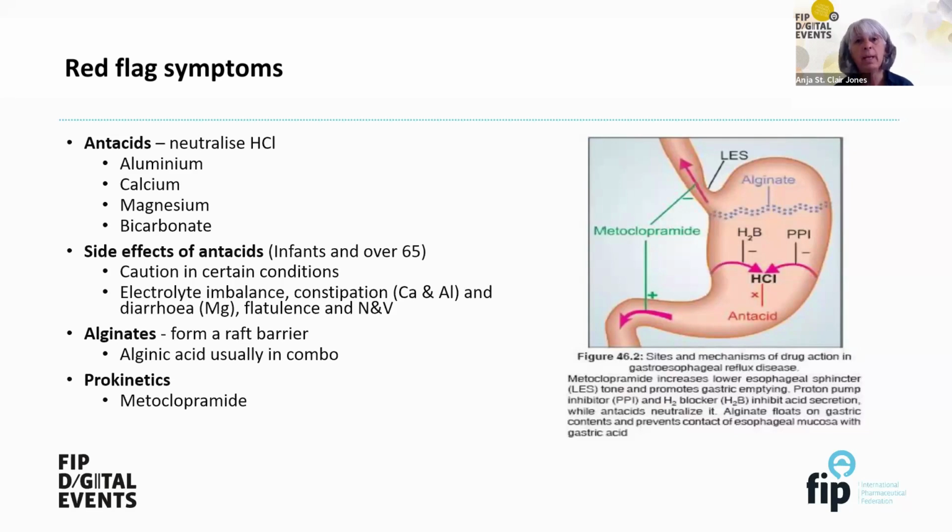However, be aware, all of them will have side effects. Particularly with babies and the over 65s, be careful in certain conditions. Some cause constipation, like the calcium and the aluminium, and of course, magnesium is a fantastic laxative. It will cause diarrhea, and bicarbonate will cause bloating